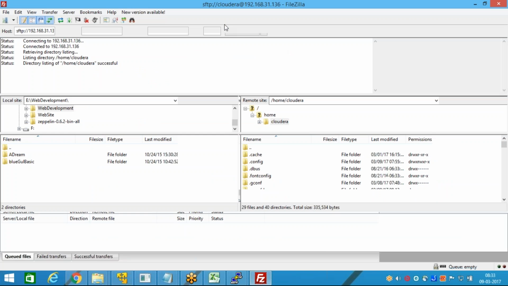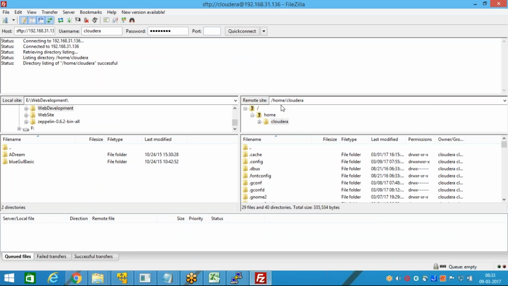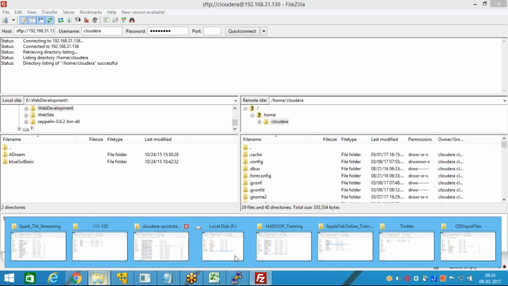So now it is connected. So this is where the right side one is my Linux machine, and the left side one is my local machine. And if I want to transfer any particular file,